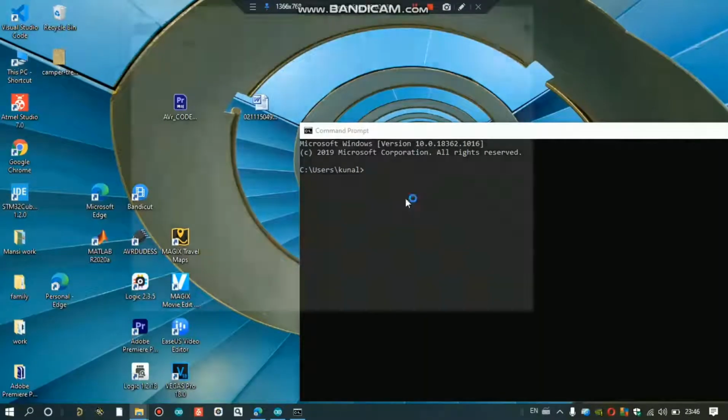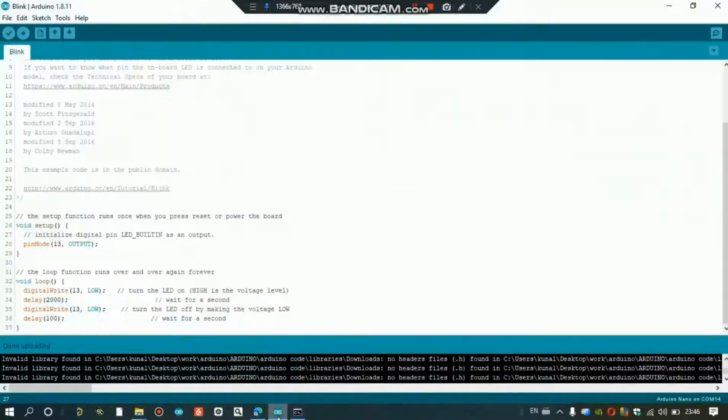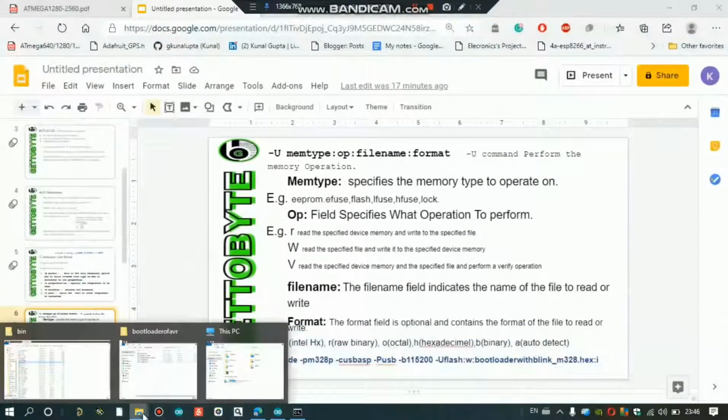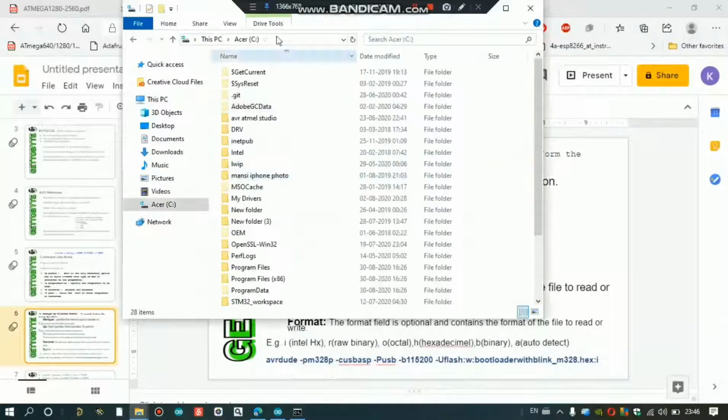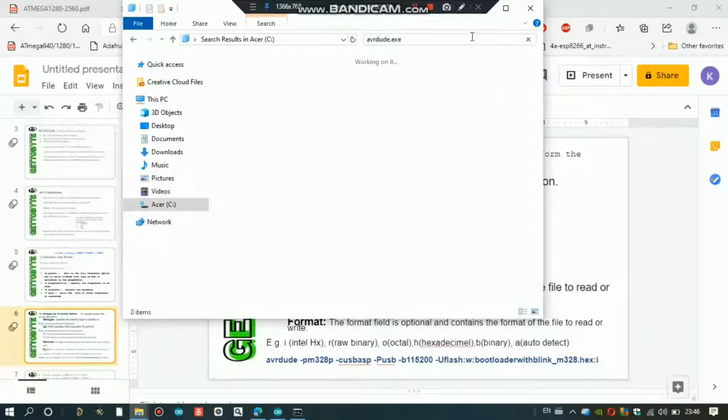In This PC, you search for avrdude.exe and press Enter. Now it will take some time for the search. Once it shows you some results, you will see files by the name avrdude.exe. Just right click on it and go to its properties or open file location. You will get directly to the file location of the avrdude.exe program, where it is lying.